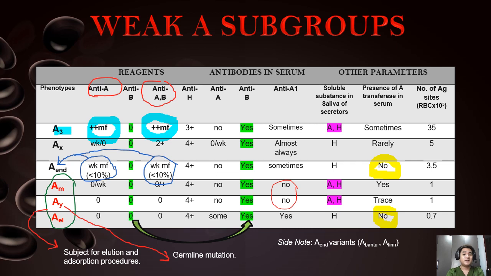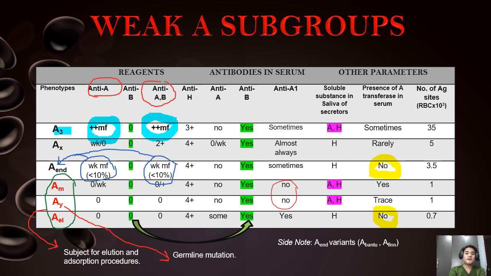be believed to have absorbed the antigen on the red cell surface, and their presence can be confirmed only via your adsorption elution technique. So basically, class, the action of this technique will free the antigen from the red cell, exposing the antigen. Therefore, take note that serum agglutination results of AM, AY, and AL can only be achieved via your adsorption elution